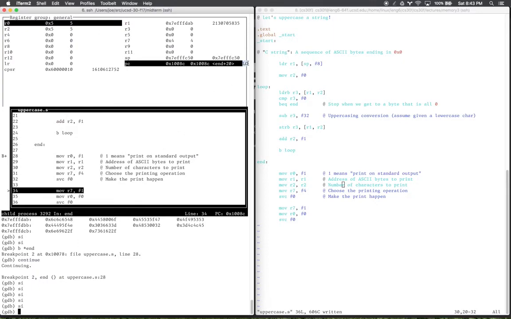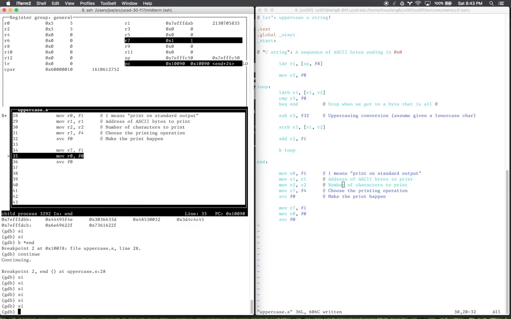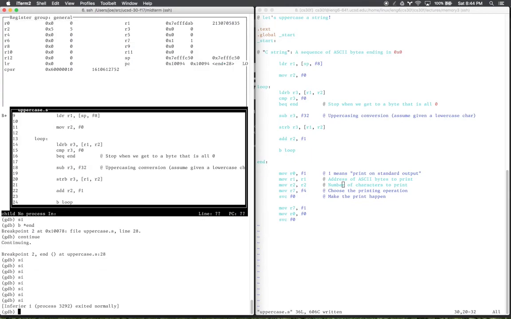But it did print out. It printed out in a really weird place. It's not part of program counter or anything like that. This is just having to do with the terminal printing out in an odd spot. So we can step through the rest of this, and we can watch as we evaluate the last instruction, and that says that the process that we were running exited normally. Okay,